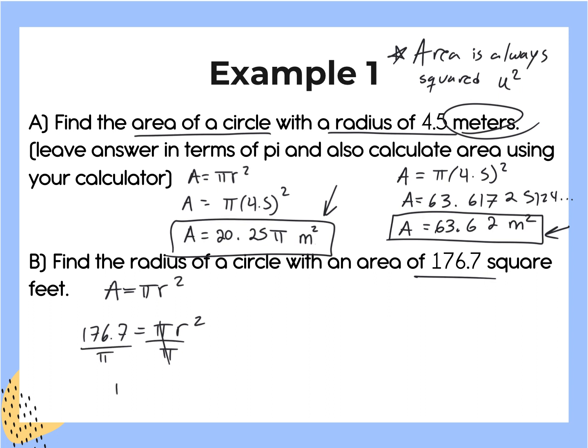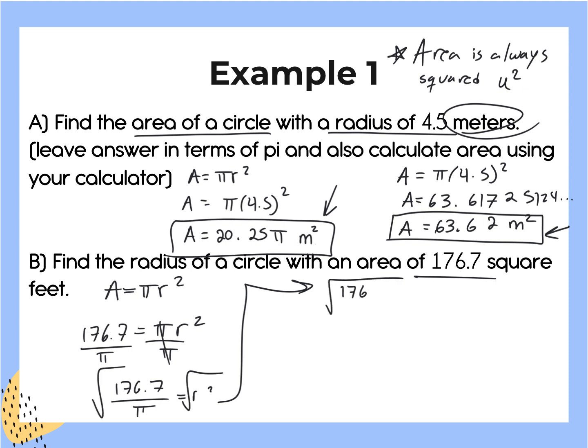And I'm going to get 176.7 over pi equals r squared. Now I'm going to go ahead and move this up. I'll take the square root. And guys, if you are not using a calculator, please leave your answer like this. This will be plenty. Okay? If you are using a calculator, plug in the information into your calculator. And if I plug the information into my calculator, I would get